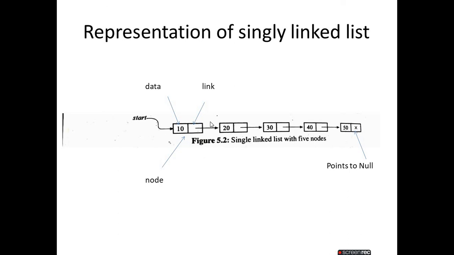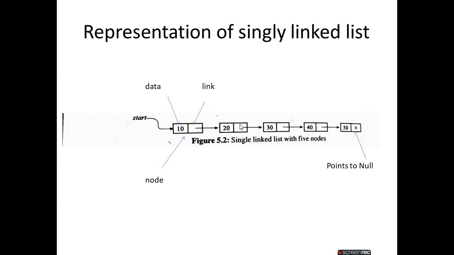Now, this is called a node. I already told you that every node in a linked list has two parts. There are other linked list types too, which I will cover later, but here I will explain just the singly linked list, where there are only two parts. One is the data part, where the data value is stored, here 10. The other is the link part. What is the work of the link part? It stores the address of the next node, linking to it.